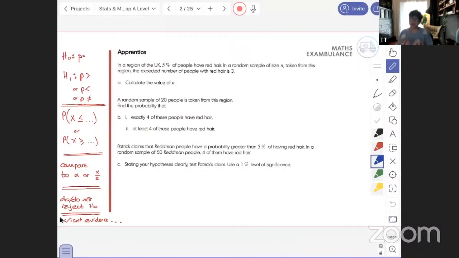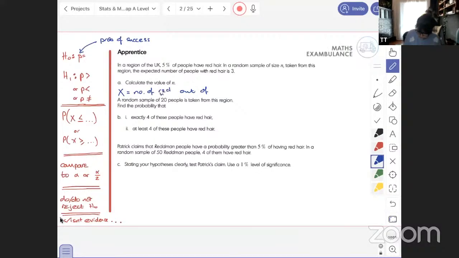Right. So most of hypothesis testing is basically a choice. So for each question, you read the question and then you think about what the answer to the choice is. Okay. So in this case, when we're doing the binomial, it's always P equals. P is the probability of success. Don't forget, we did this yesterday looking at the binomial expansion. P, probability of success. What is success? Well, we're going to start every question with the binomial thinking about what X is and describing it properly. So X equals the number of out of how many? Okay. In this case, X is the number of people with red hair